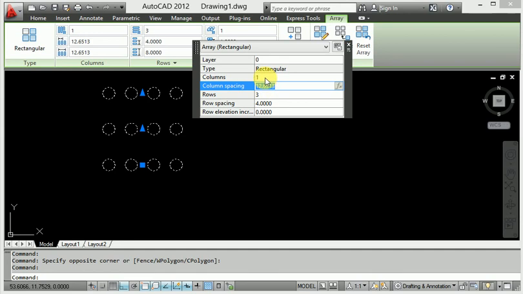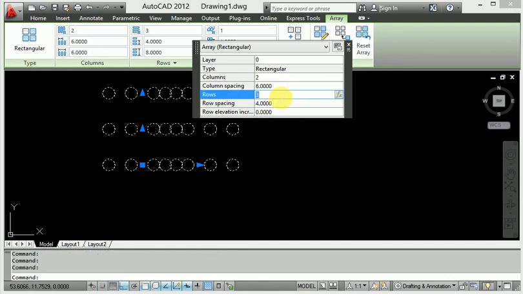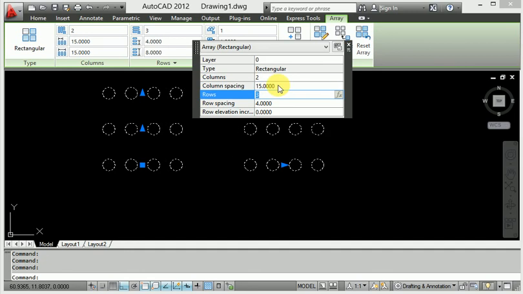Again I will provide the distance in column between 2 here. Look at this, their distance is 12 mm, so I will decrease the distance to 6 mm. So according to the diagram I can change the measurement easily.